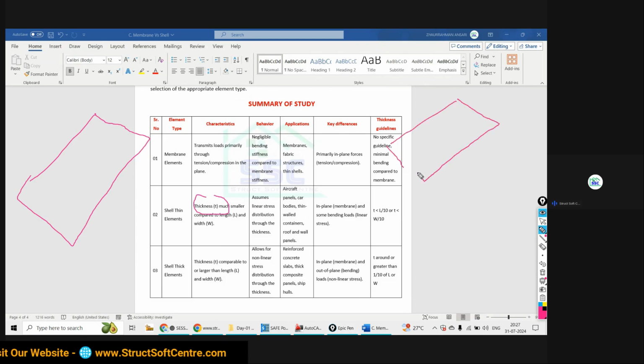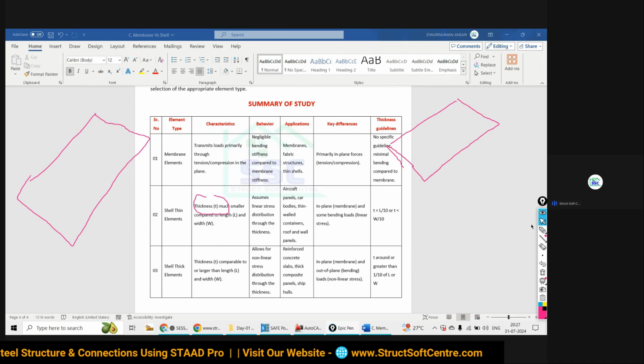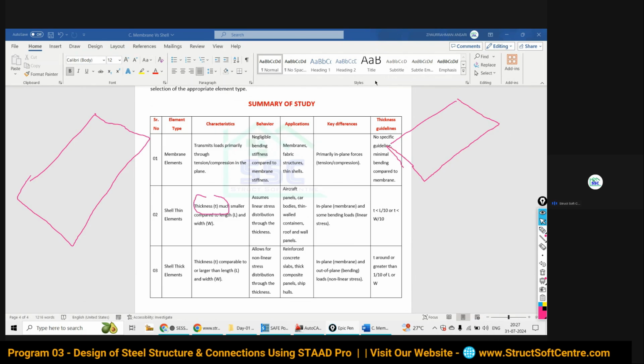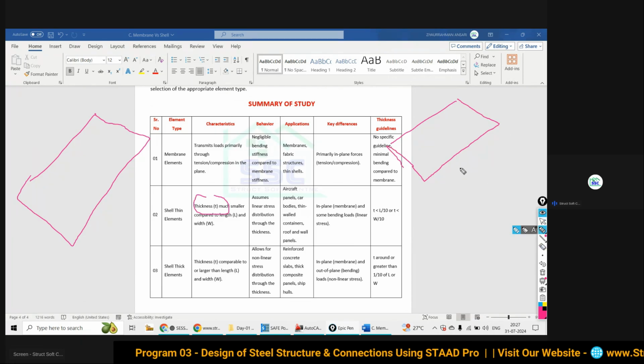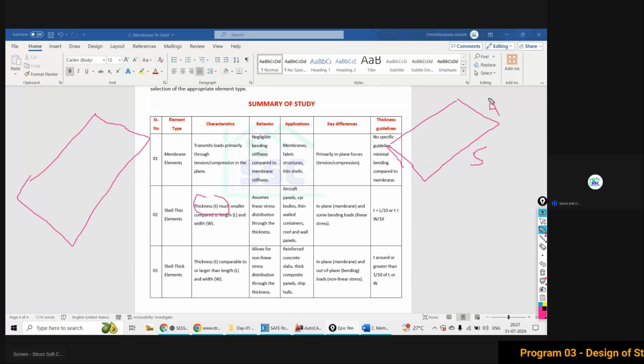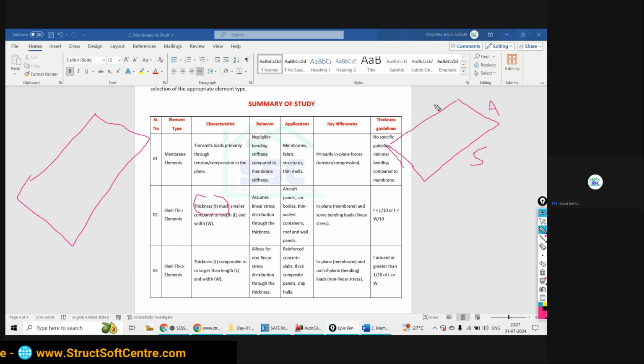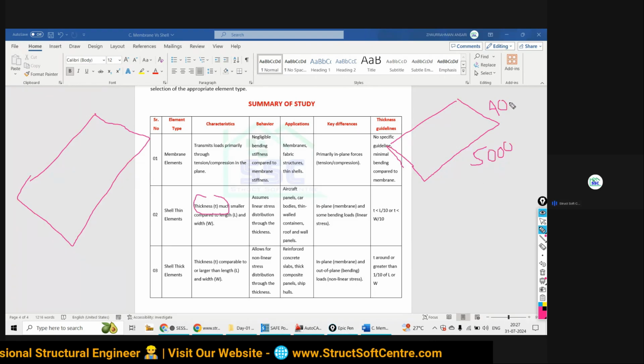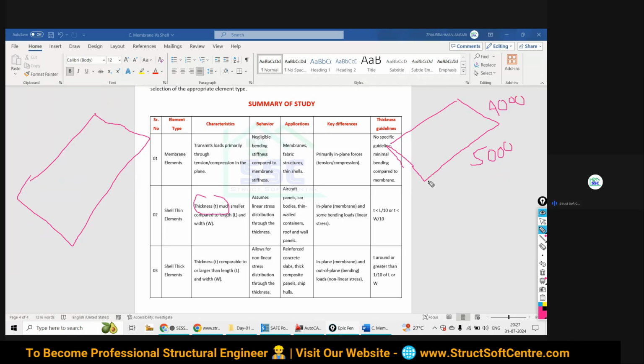For a residential building, the average size of the rooms is commonly 4 by 5 meter, or maybe less or more, but at most 4 to 5, or 5 by 6, 6 by 7, around that. It varies. So I am going to take 5000, 4000, and the depth is only 120.